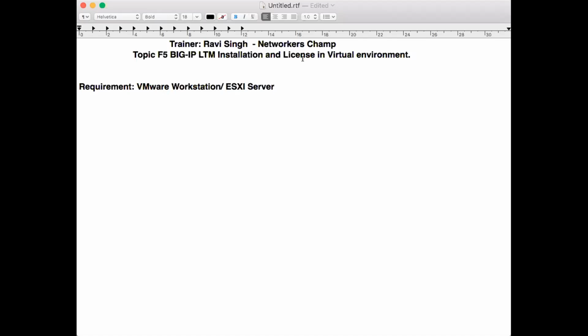Apart from that, you should have as a requirement the OVA image of F5 BIG-IP. Once you have this VMware workstation, ESXi server, and OVA image installed, now when we come to the license,